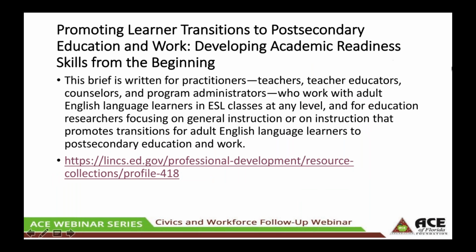promoting learner transitions to post-secondary educational work, developing academic readiness skills from the beginning. One thing we talked about quite a bit was developing those soft skills, which, if you recall, are the skills that are across the board in all kinds of different workplaces, and are clear communication skills, team working skills, that collaborative piece, problem solving, decision making, and